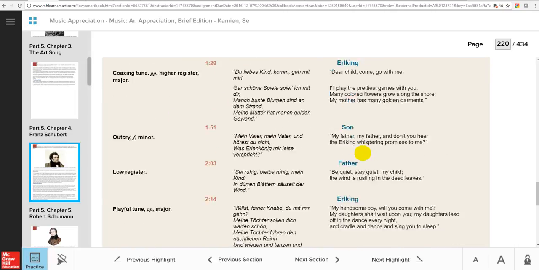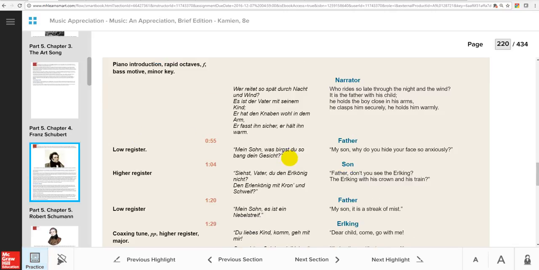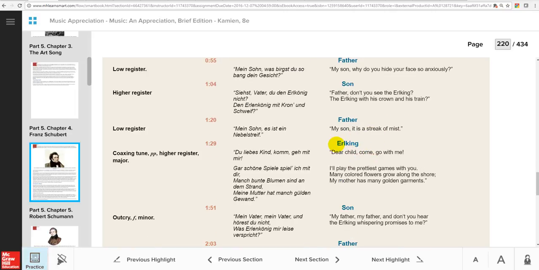Also, you'll notice the singer plays 4 different roles. He has to switch between singing in the higher register and the lower register. He plays the narrator and the father in the lower register, and then the son and the elf king, which is